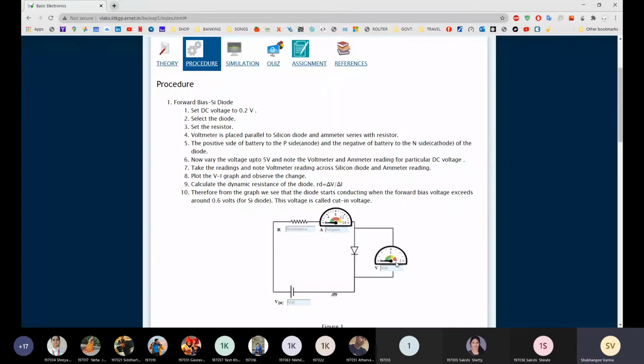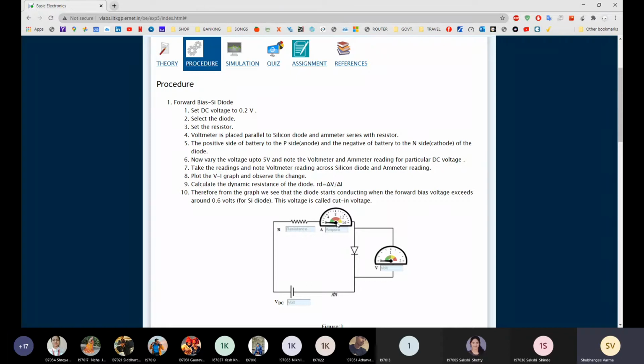And what is the thing you have to remember, students? The ammeter should always be connected in series. So see over here, you have to connect the ammeter in series with the diode, and the voltmeter in parallel with the diode. Why?